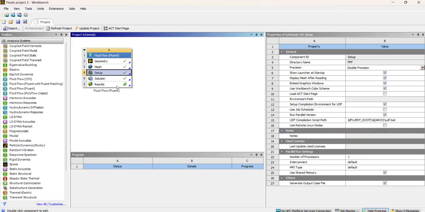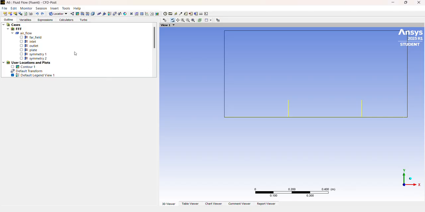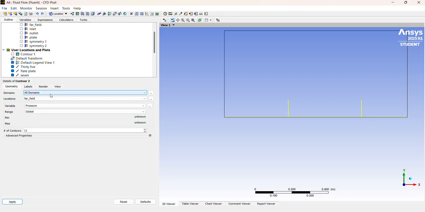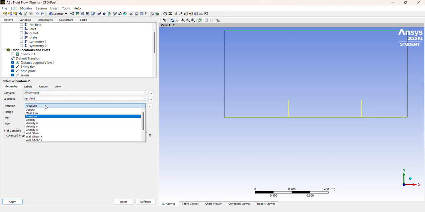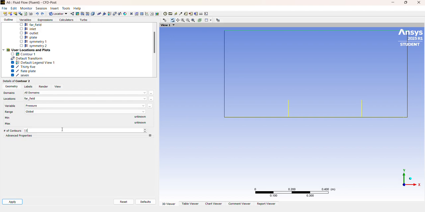So yeah, I come here, open this, have it open right here. So now we can get our contours again for pressure and velocity. Here, you come up here, all domains. If you want to do your pressure with this,